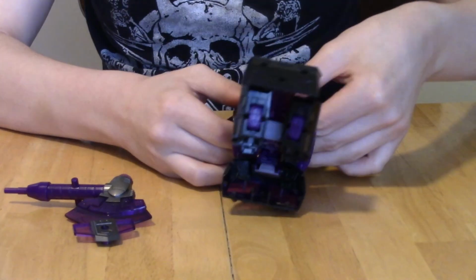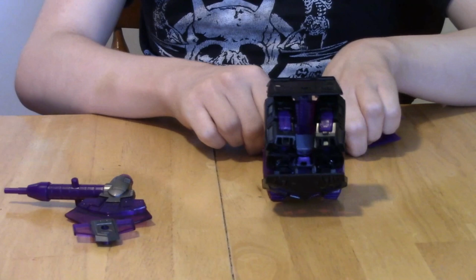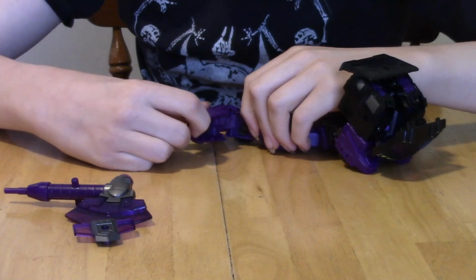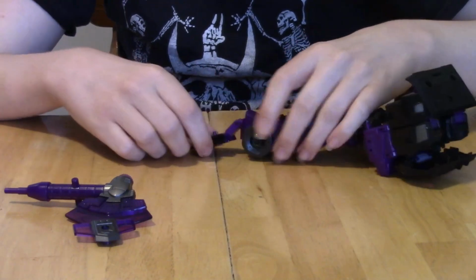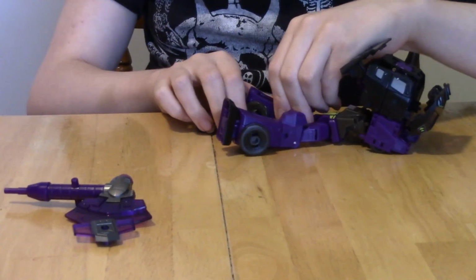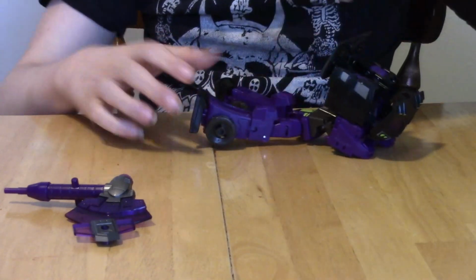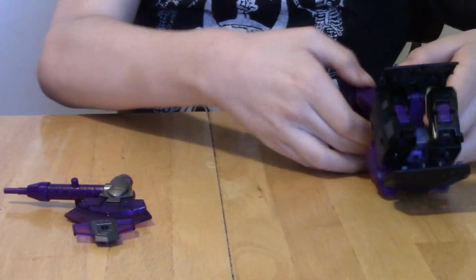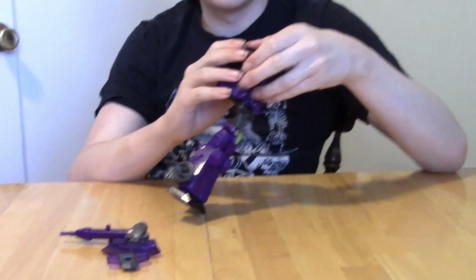I think it might be slightly easier to get it into robot mode than it is to get into vehicle mode. It's fiddly. It's a little more intuitive, I think, that way. You know, that's my approach if we get a figure that doesn't have instructions. I try to approach it from a familiar end result, where I know where we're trying to get to and where the parts might need to go to make that happen. Which I really have a hard time doing with figures like this, just because it is so radically different. But if we decide to close up the cab...